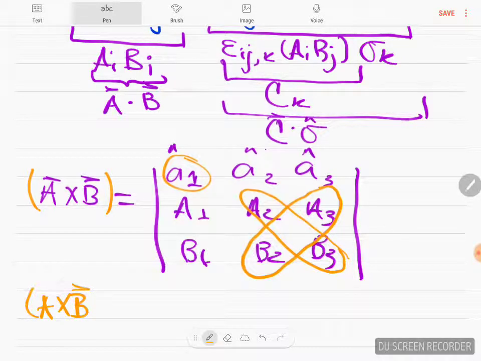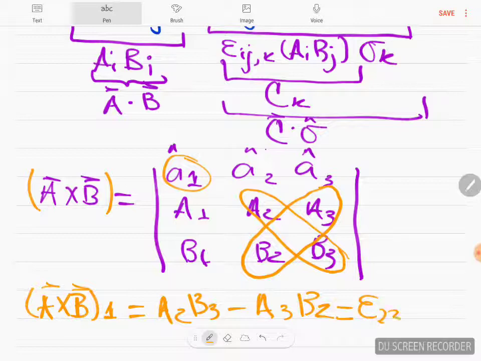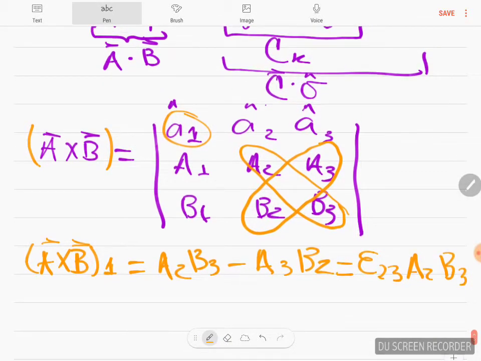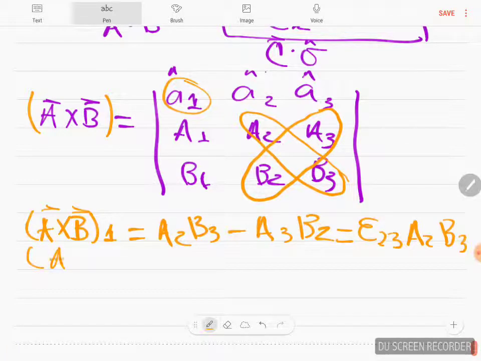So (a cross b)_1 is equal to a2 b3 minus a3 b2, and this can just be written as a tensor e_23 times a2 b3. In the same way, for the other components of A cross B,